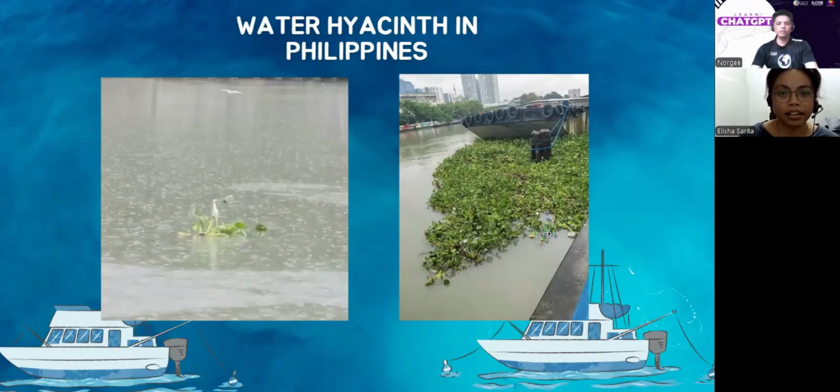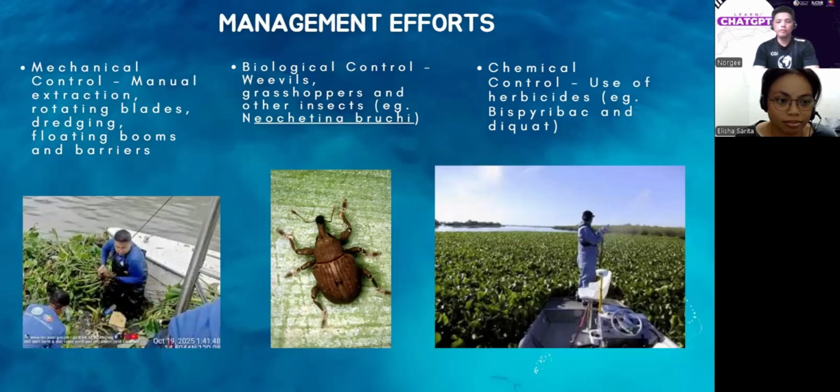That being said, there are control measures being placed to make sure that the population of water hyacinth is kept to a controlled number. There have been multiple attempts to control the proliferation of water hyacinths, to some extent, to eradicate. We can consider the mechanical control by use of blades in dredging. And of course, we can see it in the Pasig River, wherein there are floating boats and people from DENR manually removing